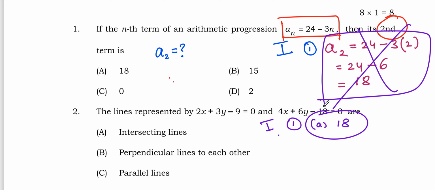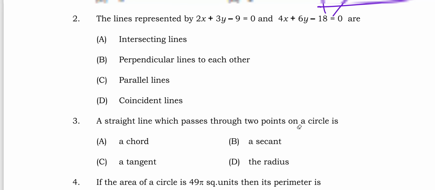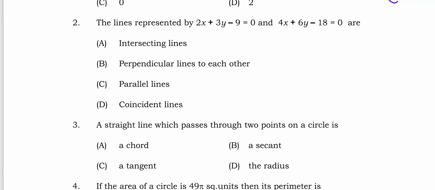Got it? Understood? Similarly, let me see one more question. As you can see, question number 2 here. What is question number 2, children? Simple. See here, again I am telling you, no need to see, this is a problem which I will solve without following the steps. What is the question? The lines represented by 2x plus 3y minus 9 equals 0 and 4x plus 6y minus 18 equals 0. We know that whenever they say, see the options,